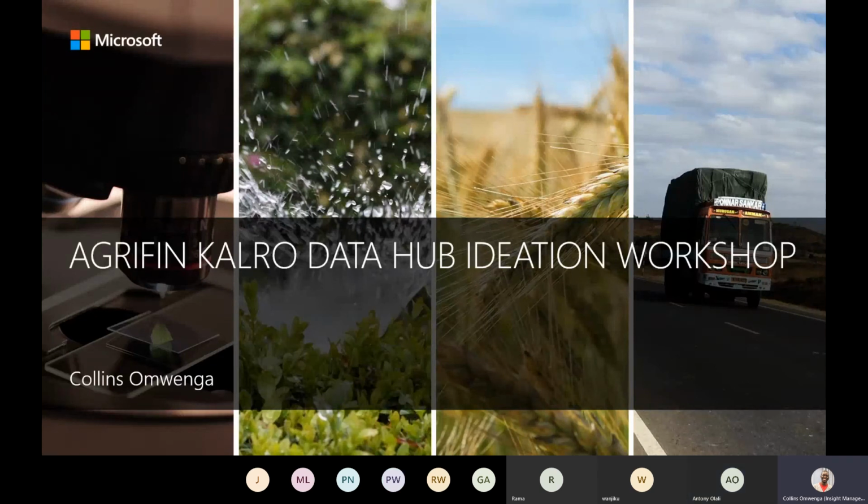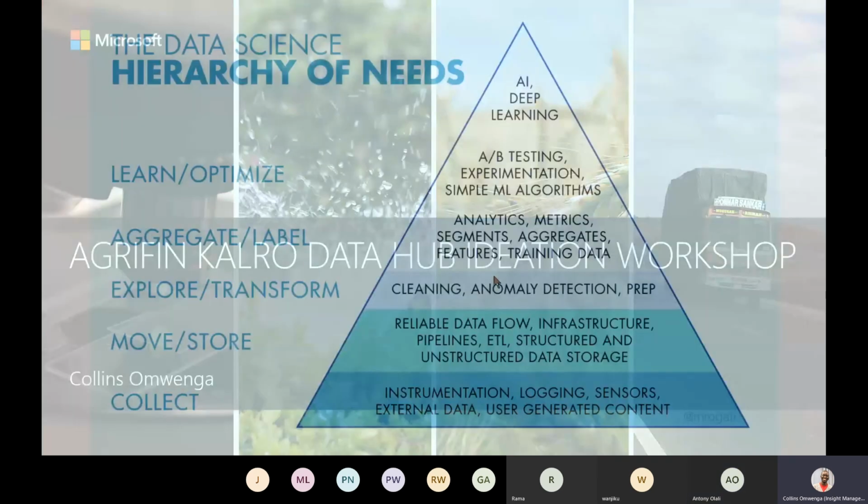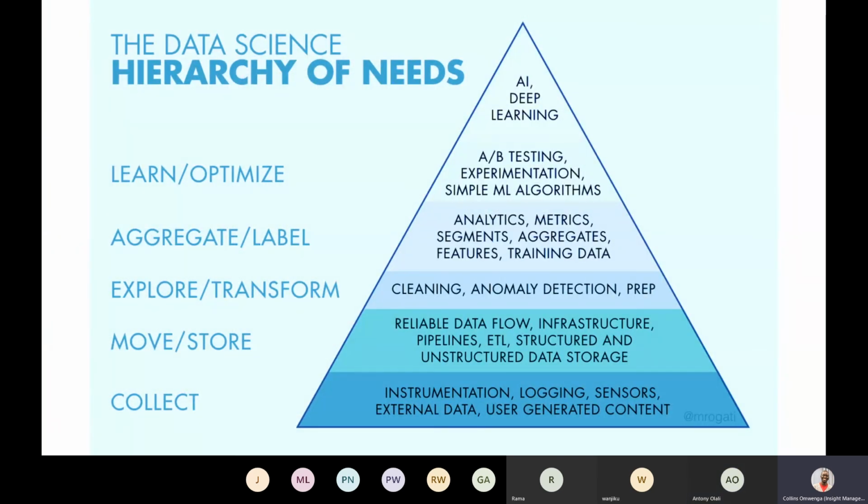I had actually prepared this presentation for the workshop, but we didn't get time to go through it. That's fine, we can go through it from a higher level. I wanted to introduce the data science hierarchy of needs and how it affects how we deliver our solutions. The nirvana is to get to a point where we have AI and deep learning on our platforms and applications, delivering reporting and dashboarding solutions that help us make better decisions. But before we get there, we need to make sure that our pyramid has a solid foundation.